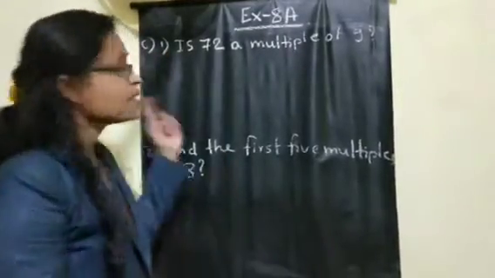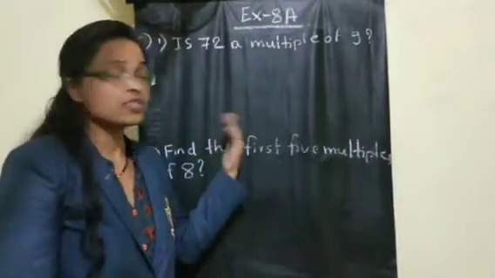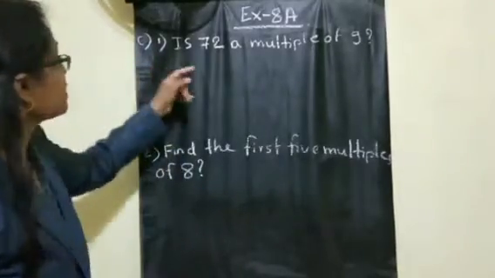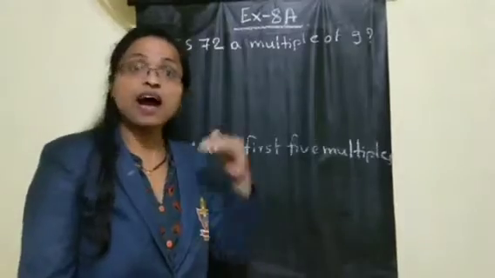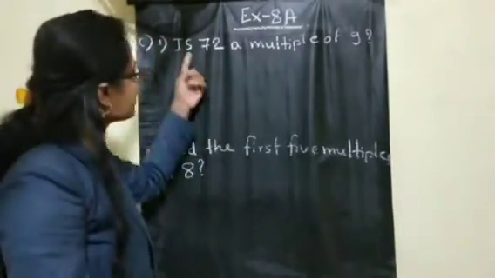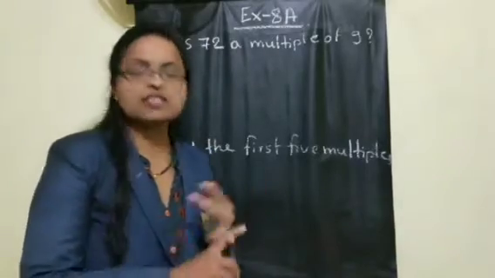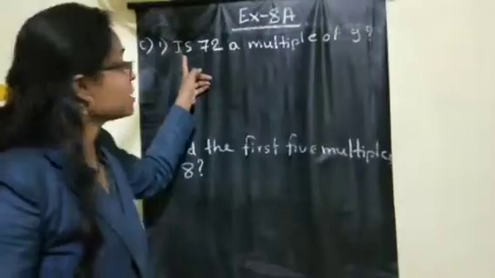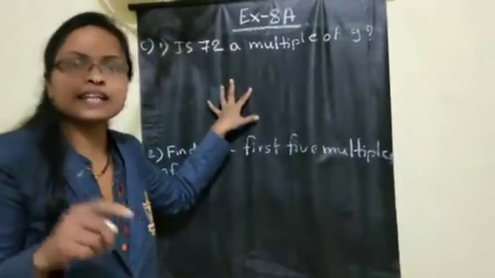Now children, in the C part, they have asked different types of questions. Let us solve one different type. Okay, so first one: each 72 is a multiple of 9. They have asked us to confirm that 72 is a multiple of 9. So where the question is based on 'each', keep in mind, you have to do the division and get the answer.